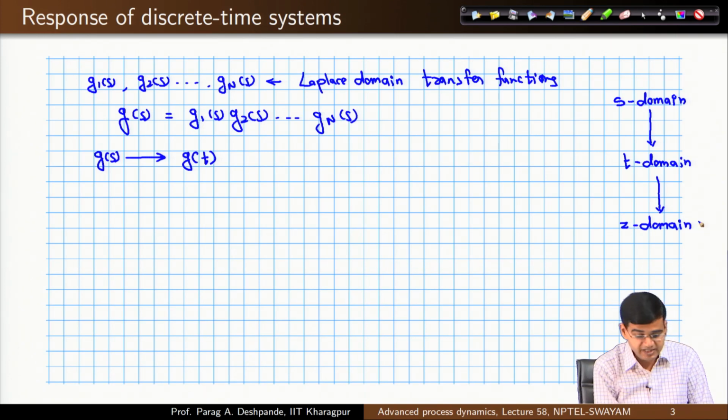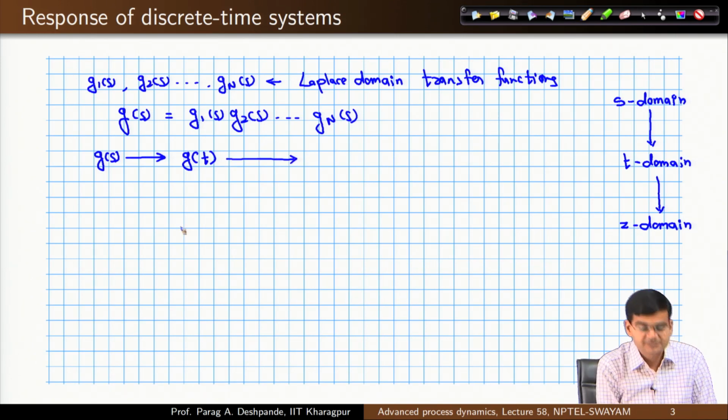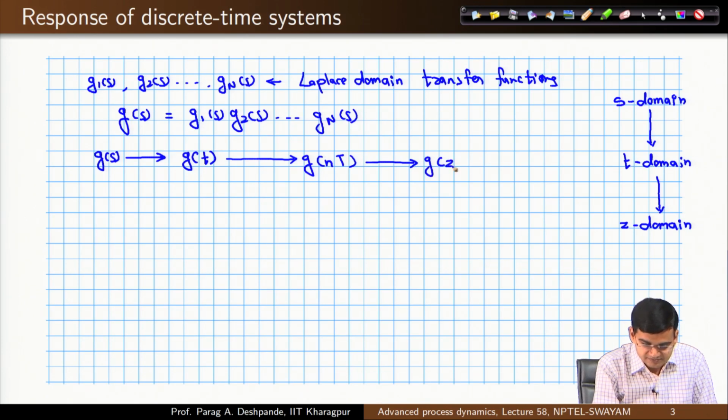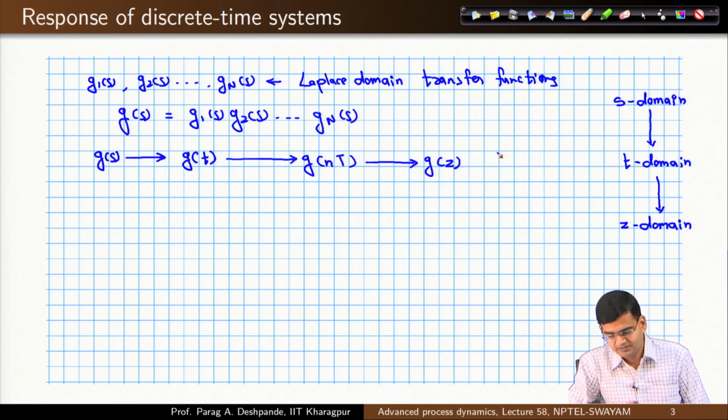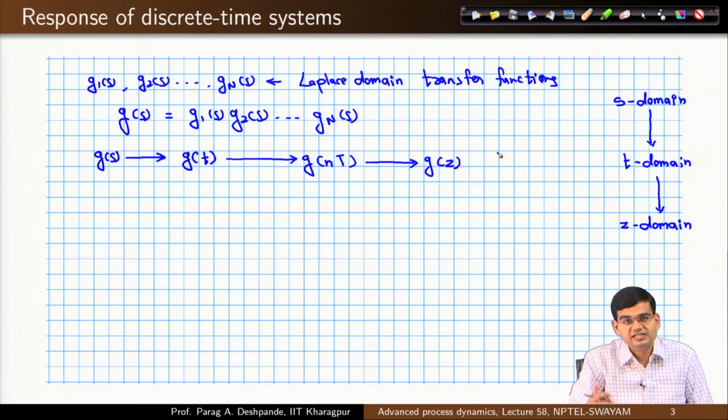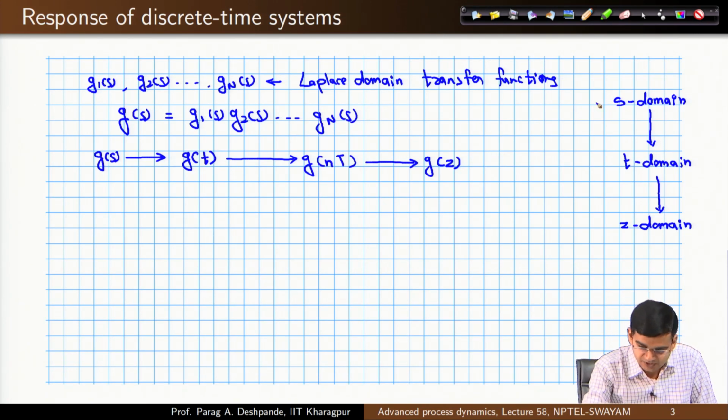So, I get g of t, I discretize this, I get g of nT, and from g of nT I get g of z, the flow which has been written on the far right. Well, with some expertise and experience, I also said that you can write this directly,